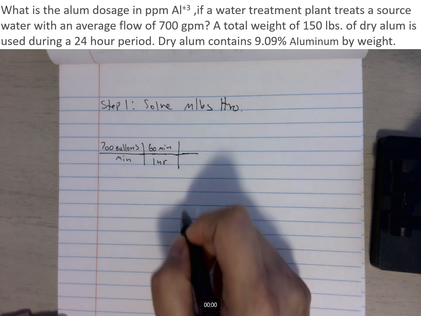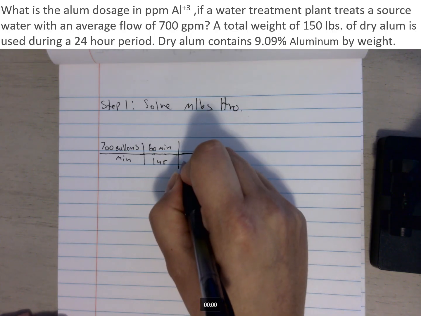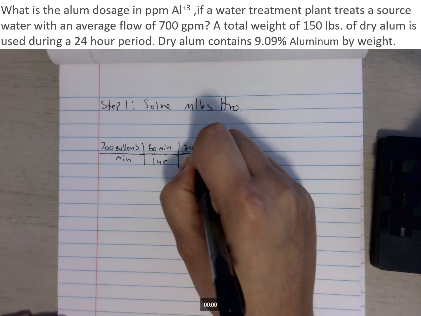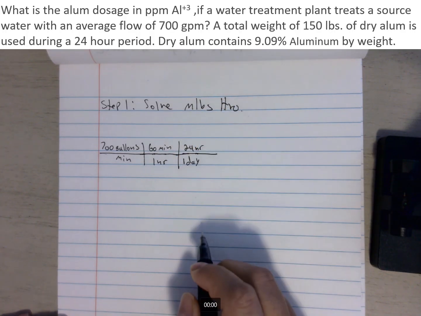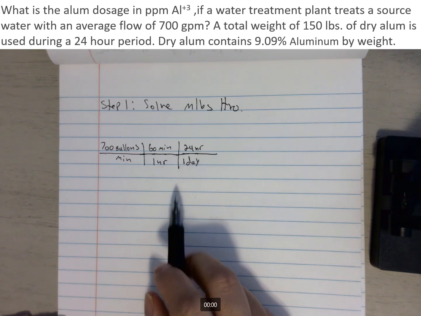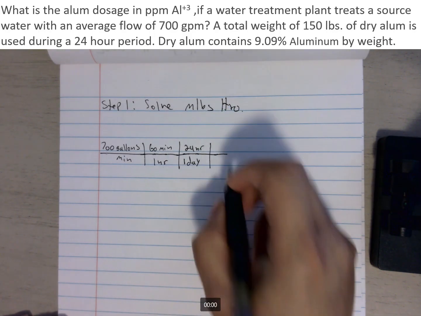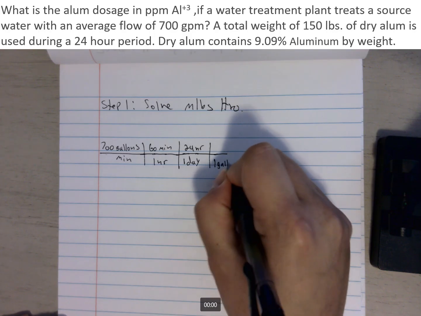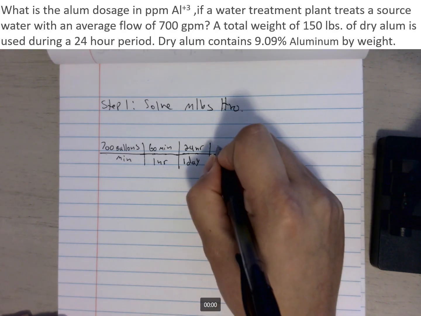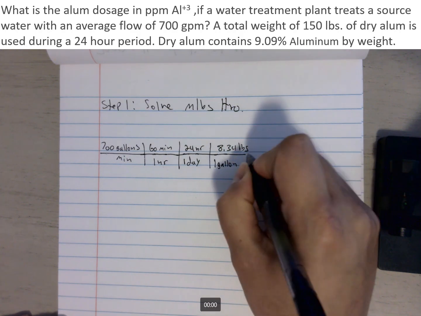We know that one day has 24 hours, right? Hours are canceling with hours on the bottom and top. And we know that 1 gallon of water has 8.34 pounds of water,